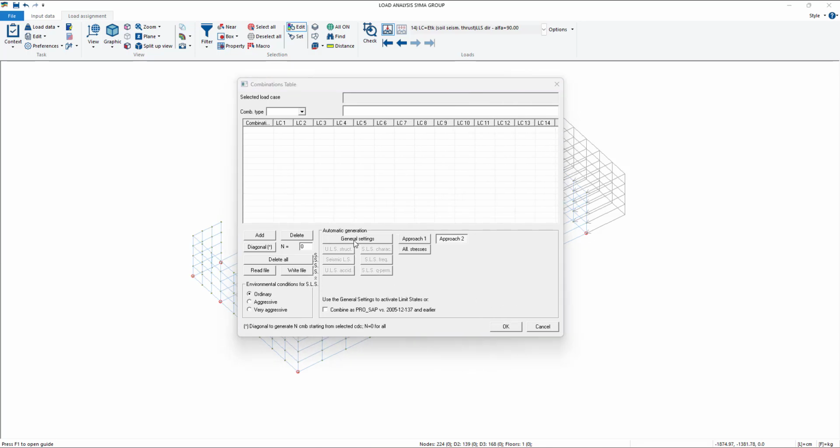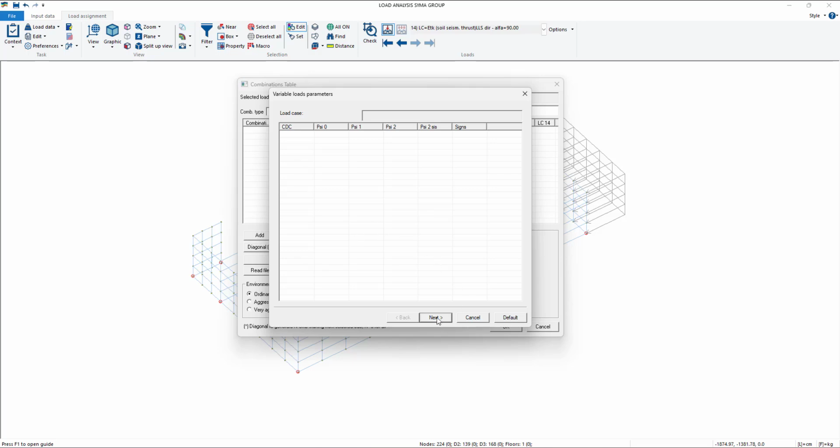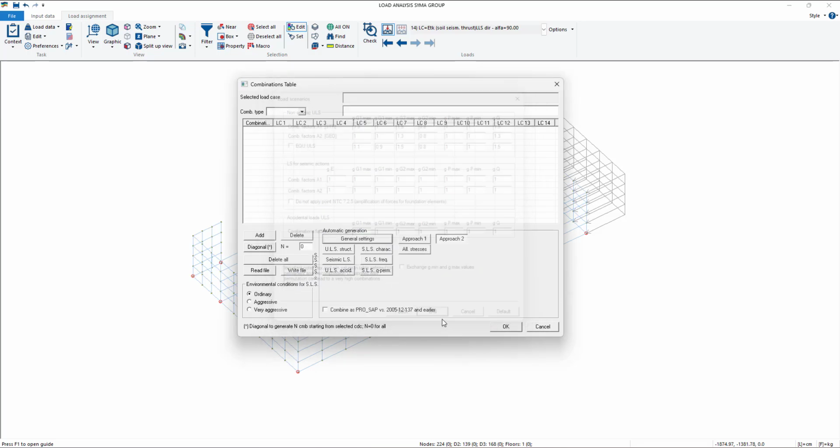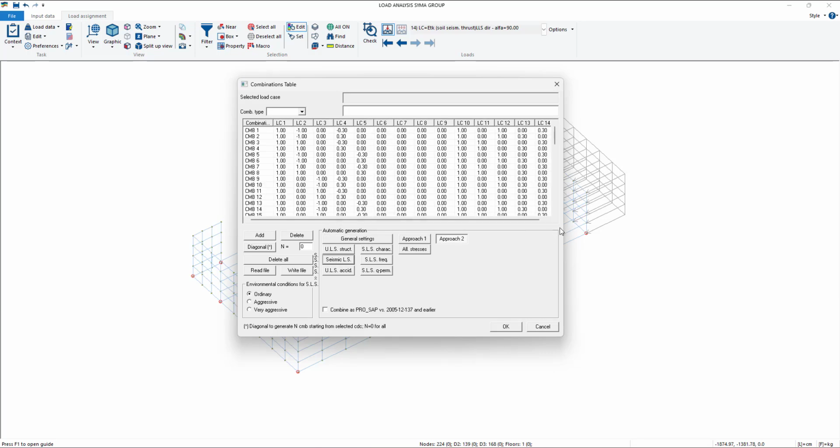As usual, we go on general settings. We check for every case, but in this model there are no variable loads, so it's not important at this moment. And we can create seismic load combinations with this button.